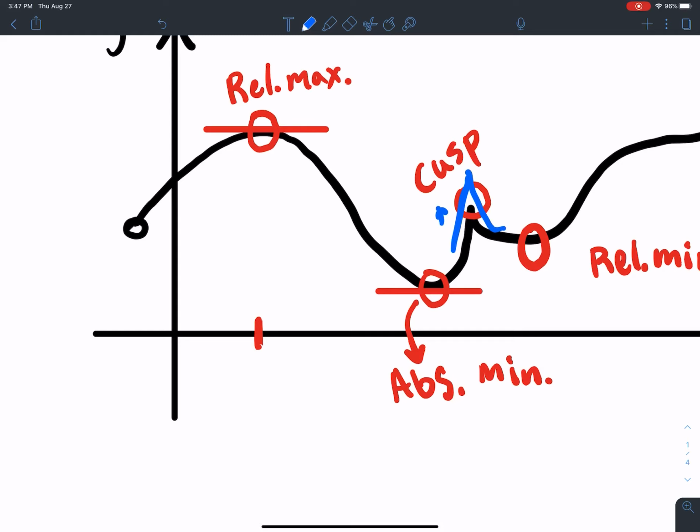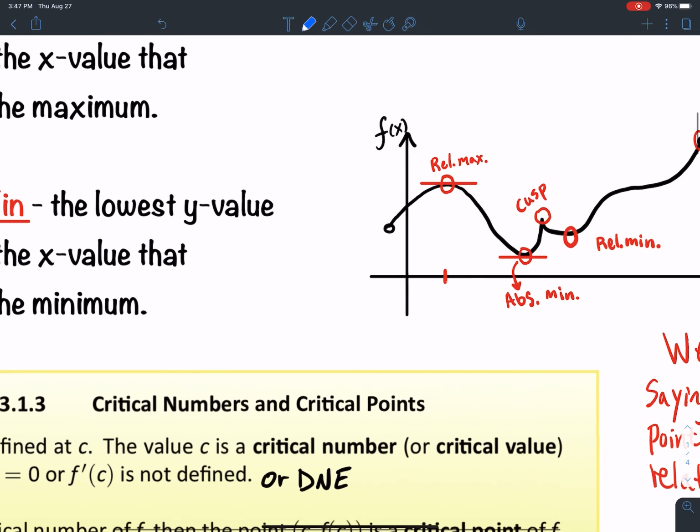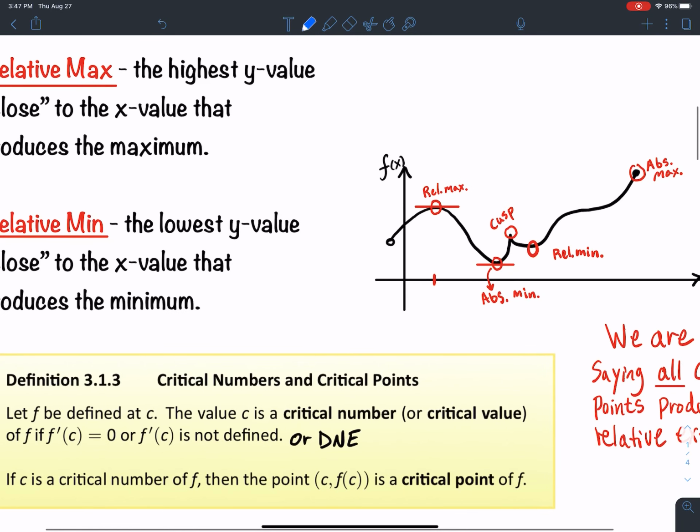Well, what do we know? For a limit to exist, the left and the right side have to equal each other. Well, there's no way a positive number can equal a negative number, right? So that's not going to work for us, okay? So this slope here is undefined at that cusp, right? So the derivative does not exist, right? So that would be this scenario right there, where the derivative does not exist,